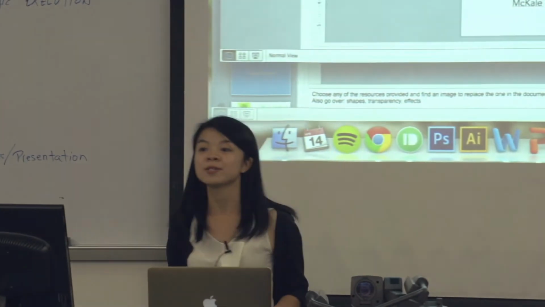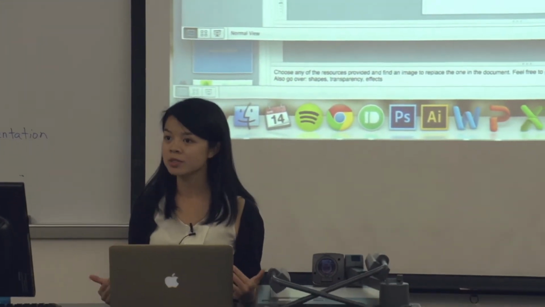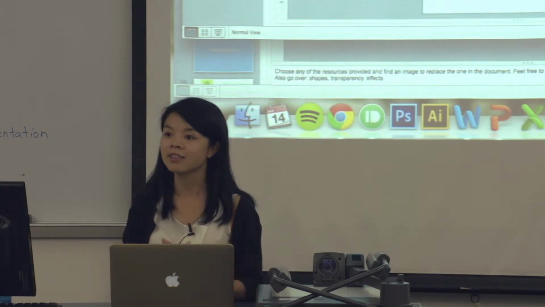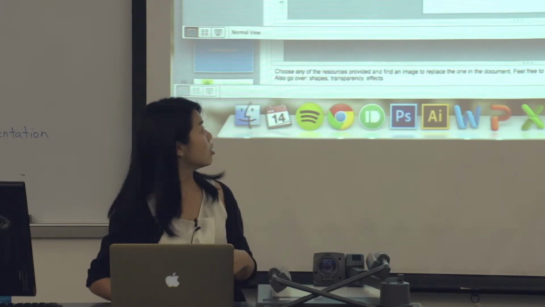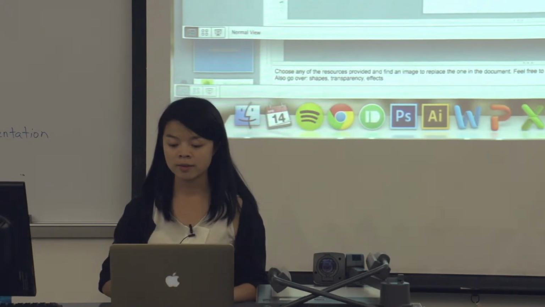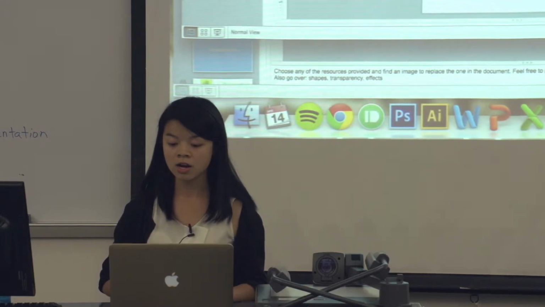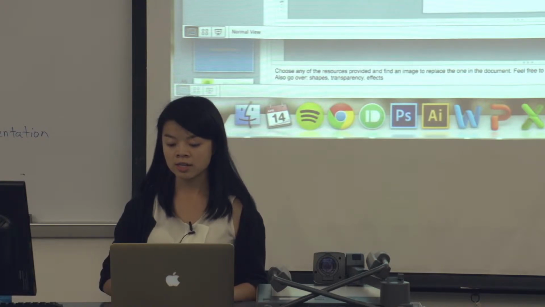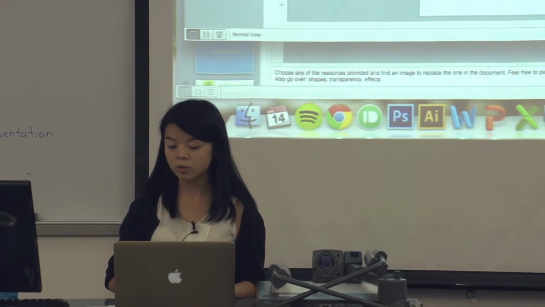Right. I also wanted to talk about what happens if you have multiple images that you're using and you want to stack them on top of one another. So, like, what if you have this shape that you want to put behind your photo? Some of the things that you can do, you can select the shapes that you want to arrange, and then there's this button here that says arrange, and you can either send it to the back, which sends it to